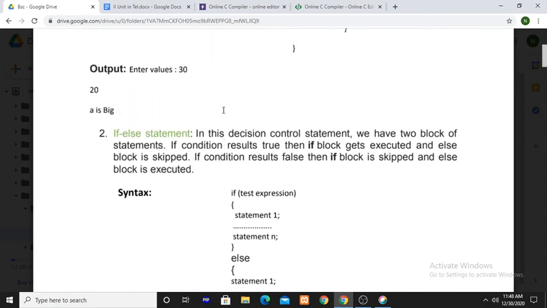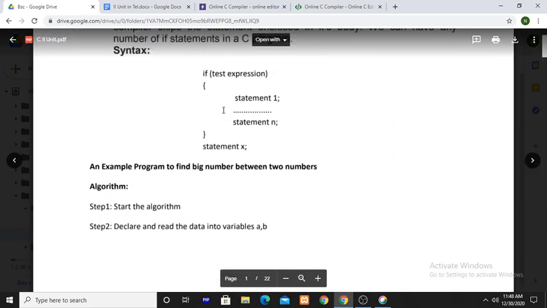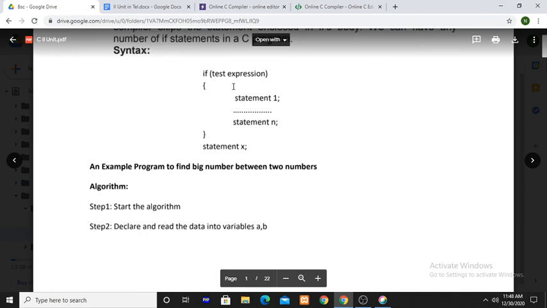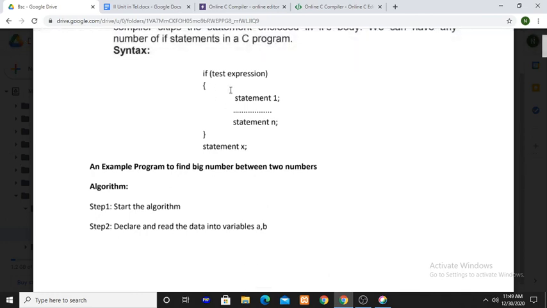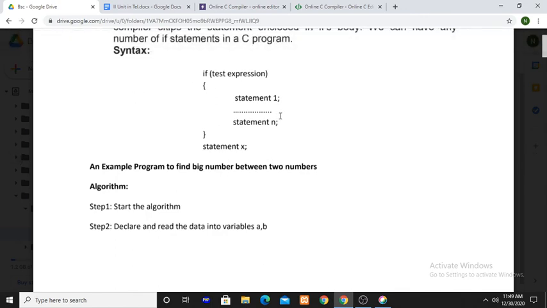But in the previous case, this is only the if part, there is no else part here. If the condition is true, this block is executed. If the condition is false, this block is not executed. In the true situation, if block is executed. In the false situation, nothing is executed. Why? Because here there is no else part.